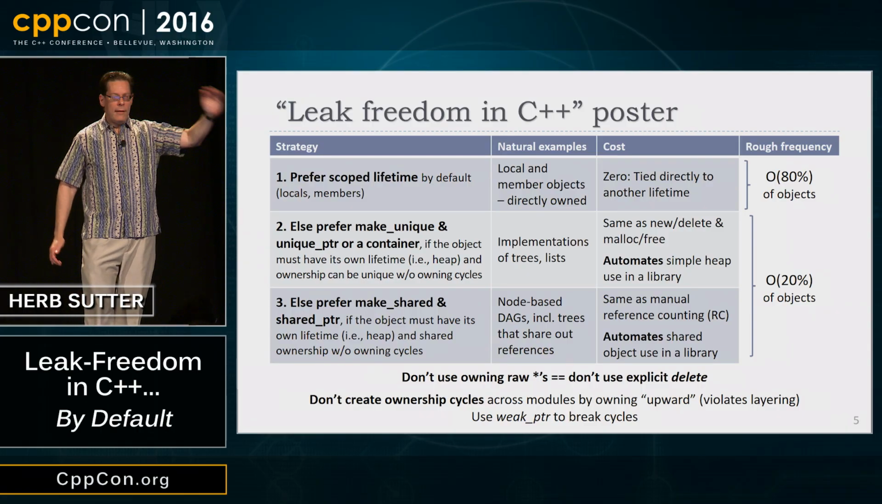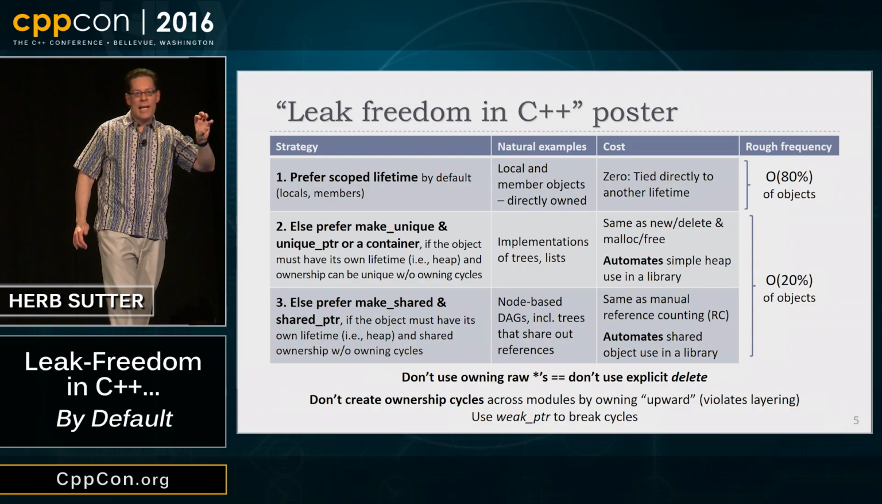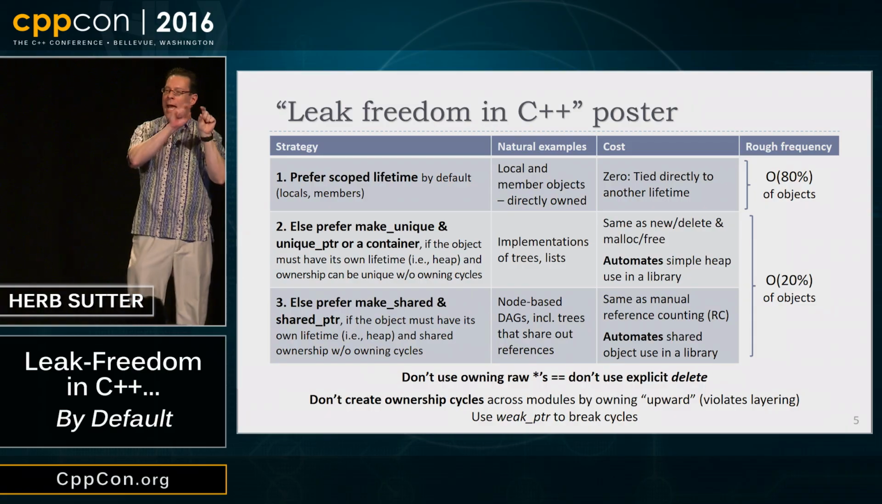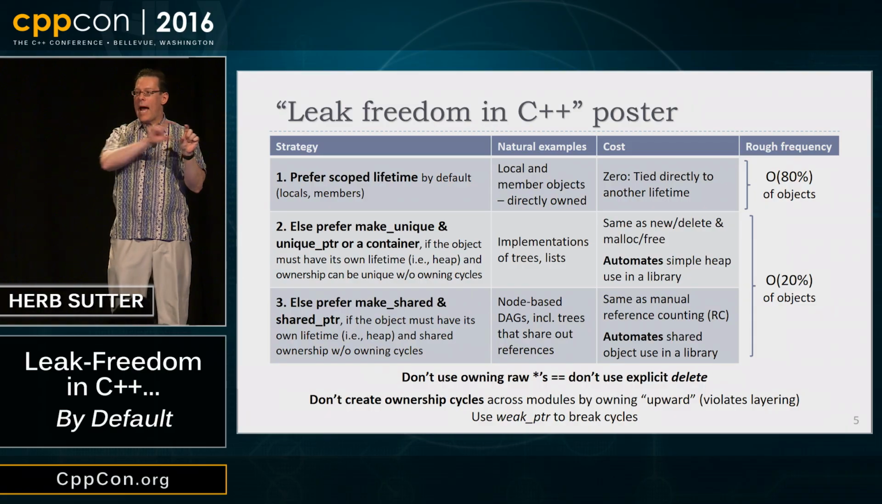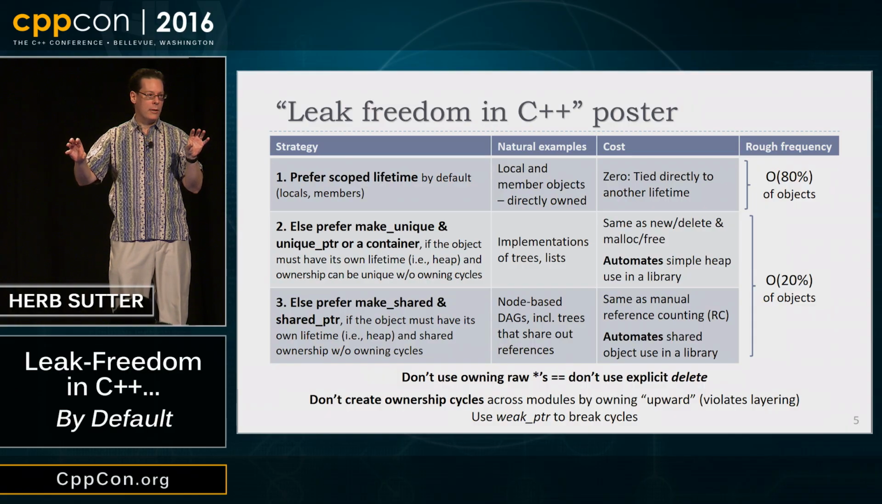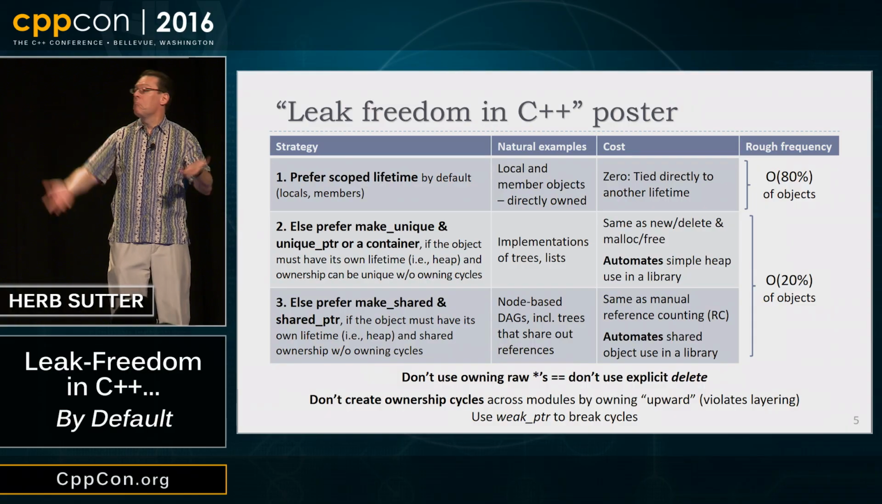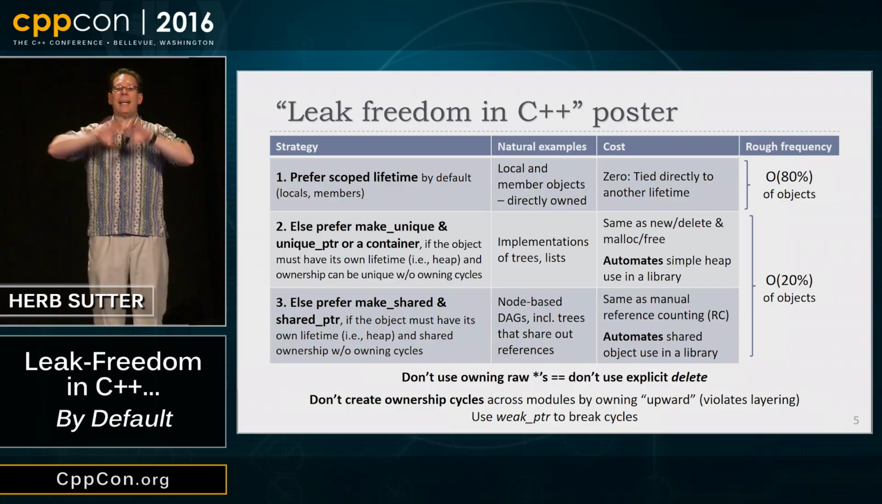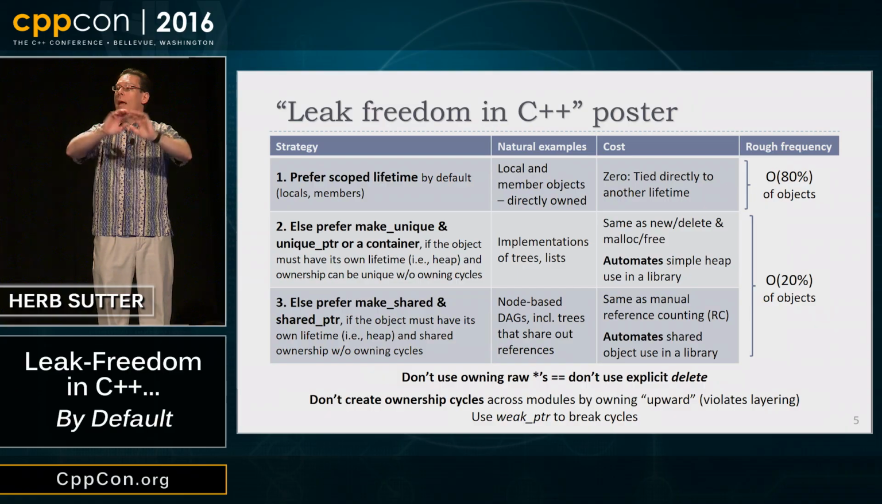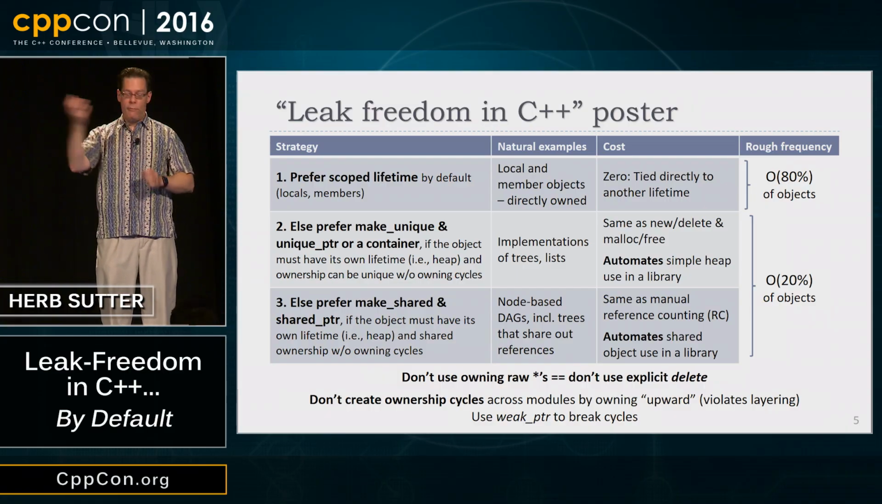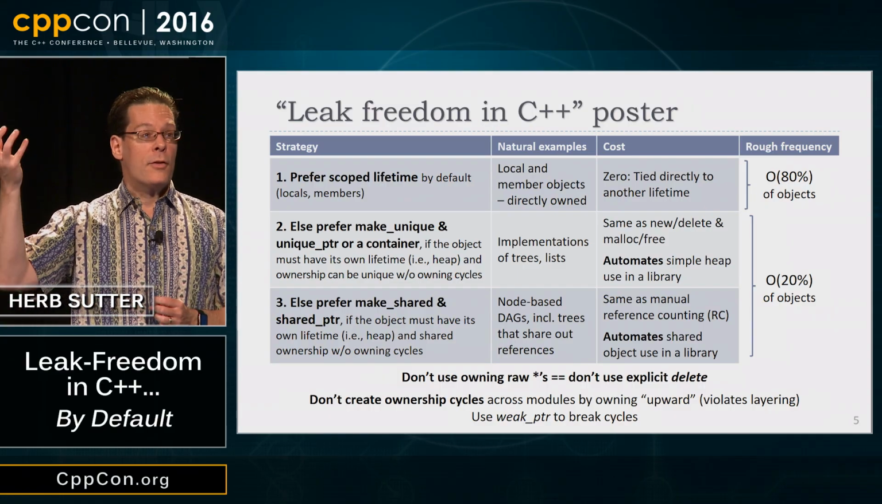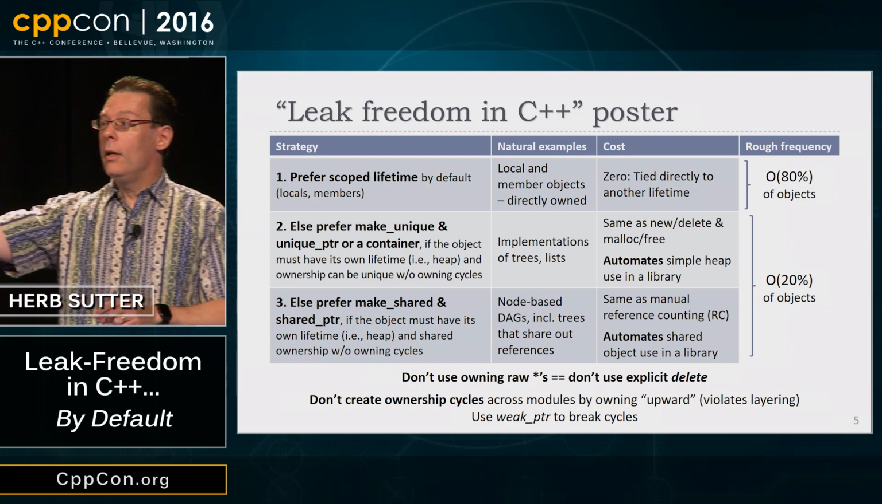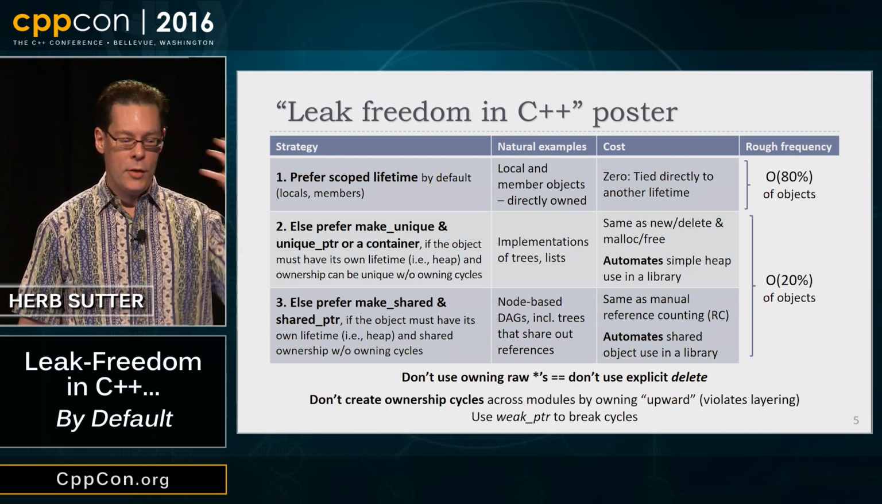But if you have an object that has to have its own independent lifetime that is not exactly attached to some existing scope or object, what do you do? You allocate it on the heap. Then it has its own lifetime. That's the way to think about what heap allocation is for: I need my own independent space and own lifetime for this object. Now, if it's going to be uniquely owned and with no ownership cycles, use a unique pointer